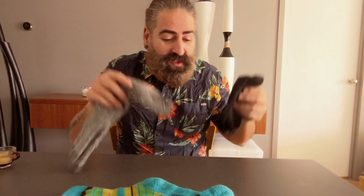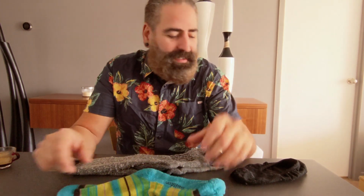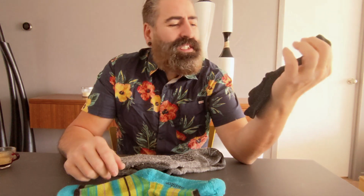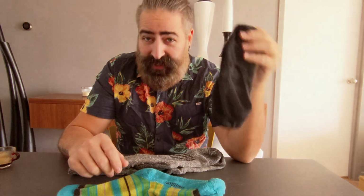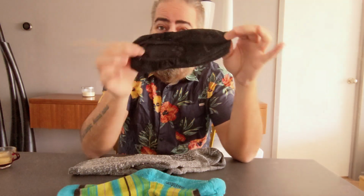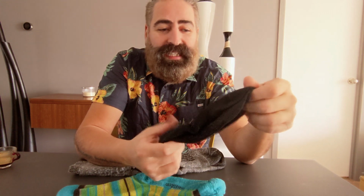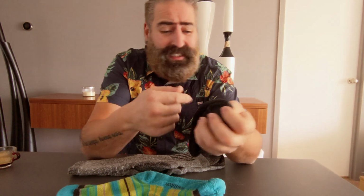This merino wool, any type of merino wool sock, okay, just make sure it's real. Don't buy something from eBay from China that says merino wool, but in reality, it's just probably polyester or something like that. Just pay that extra $10, because I mean these are $13 a pair. Yes, $13 a pair, for the smallest sock out of all of these, they are the most expensive. They're $13 a pair, but they're well worth it because these are a year old, and besides a little bit of